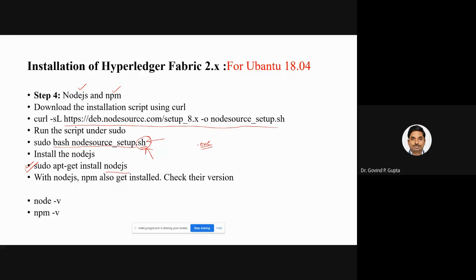And then check. By default it comes with the packaging software, which is also npm. So in order to check whether both Node.js and npm are installed or not, simply check at the command prompt. node -v: if a version appears as the output, it means it is successfully installed, and simply you check the version of npm.